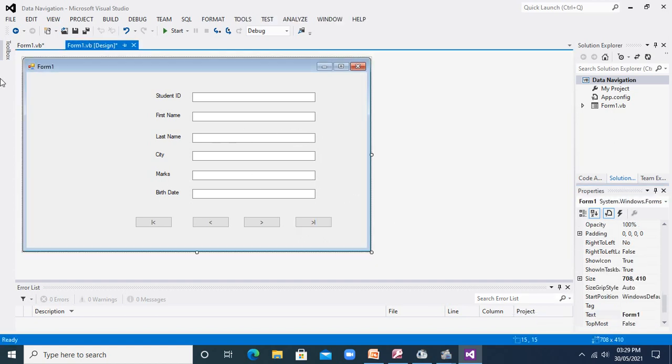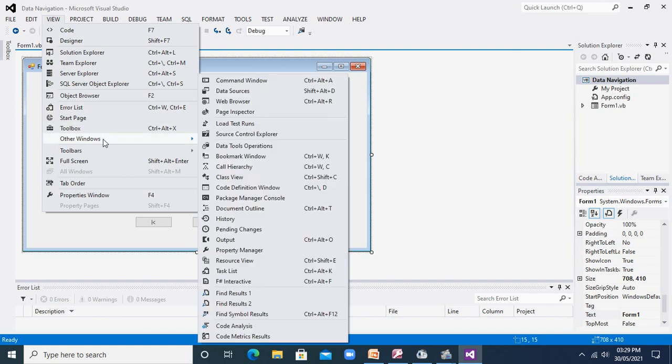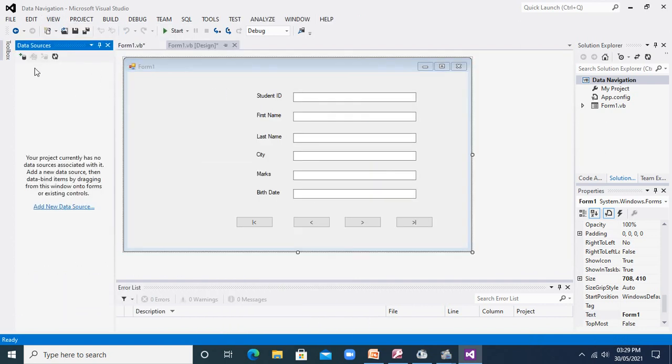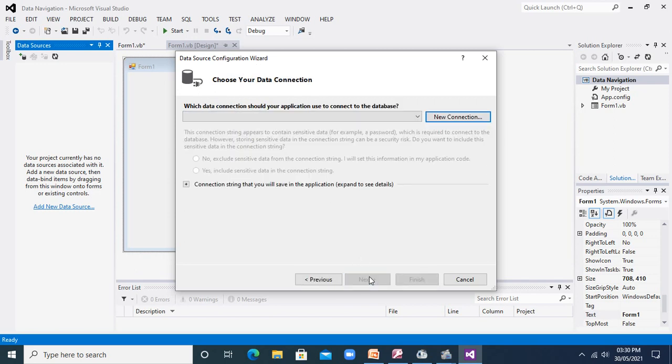Okay friends, now we will require to make communication with our database. For that I will use my data source. So it is here. So I will click this to get my provider name. So this is my wizard. I will use this wizard to get my provider name. So I will click new connection.